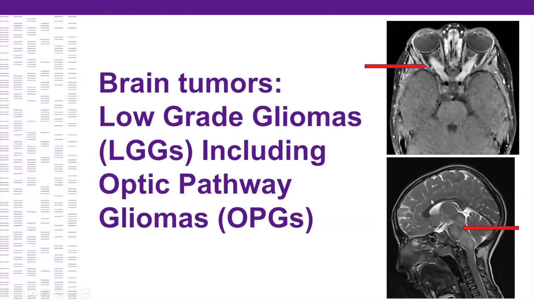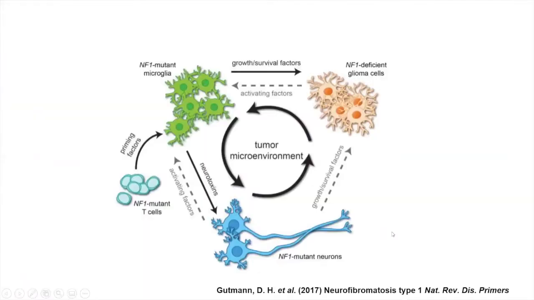The other most common site for these low-grade tumors to develop in patients with NF1 is in the brainstem. So this is a part of the brain that's the lower part of the brain that helps to connect the upper portion of the brain to the spinal cord. Now, when scientists have studied these low-grade gliomas under the microscope, they found that in addition to the glioma cells or the tumor cells, there's also a number of normal cells within these tumors that don't have the NF1 gene. And these can also include neurons, which are the cells in the brain that help us think and make us smart, as well as a number of